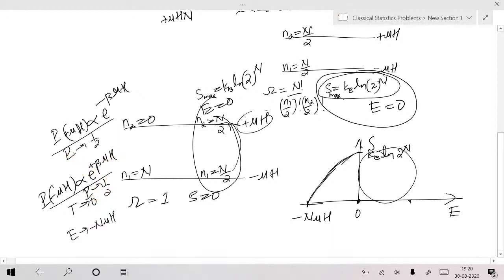Yes, sir. That means it's approaching equilibrium. Then it will get maximum. Not like that. At very high temperature, and again at very low temperature, when T tends to 0. Okay, when temperature tends to infinity, this possibility will happen. When temperature is too large, half of the particles will be spin up, half of the particles will be spin down, so that the total energy would be 0. More randomness would happen.